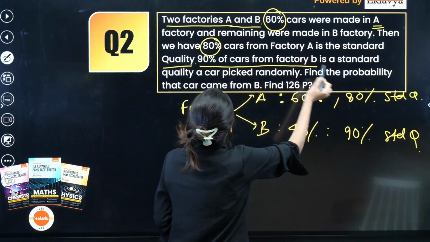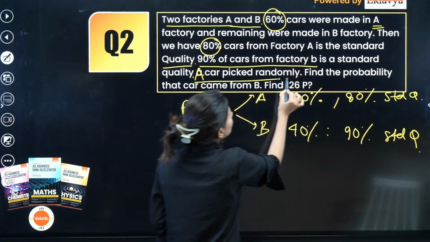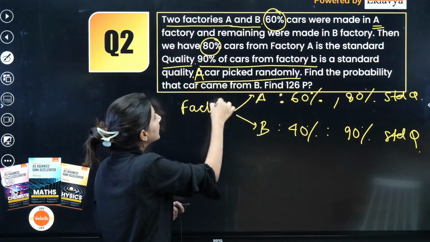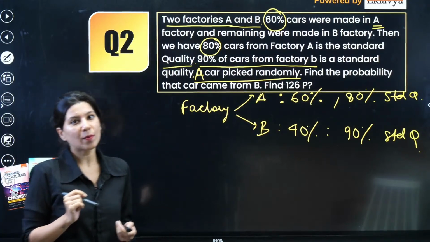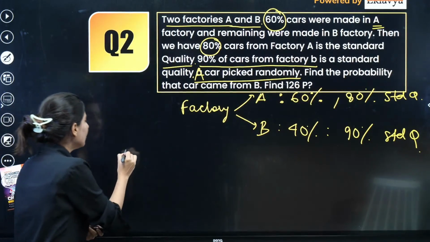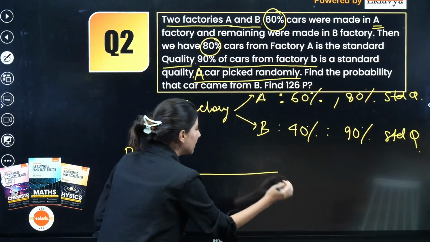Now a car is picked at random. A car is picked at random, and find the probability that it came from B. So we need to figure out what? Bayes theorem. So over here in the denominator,